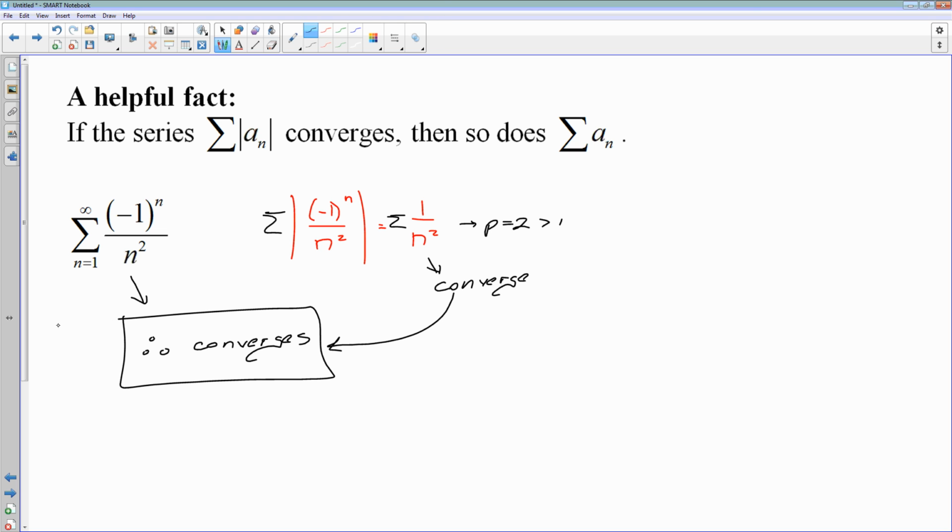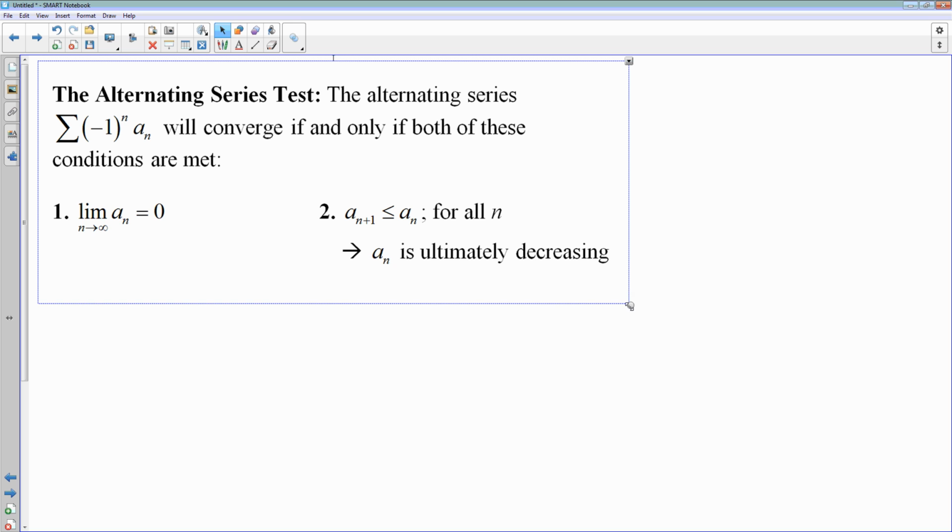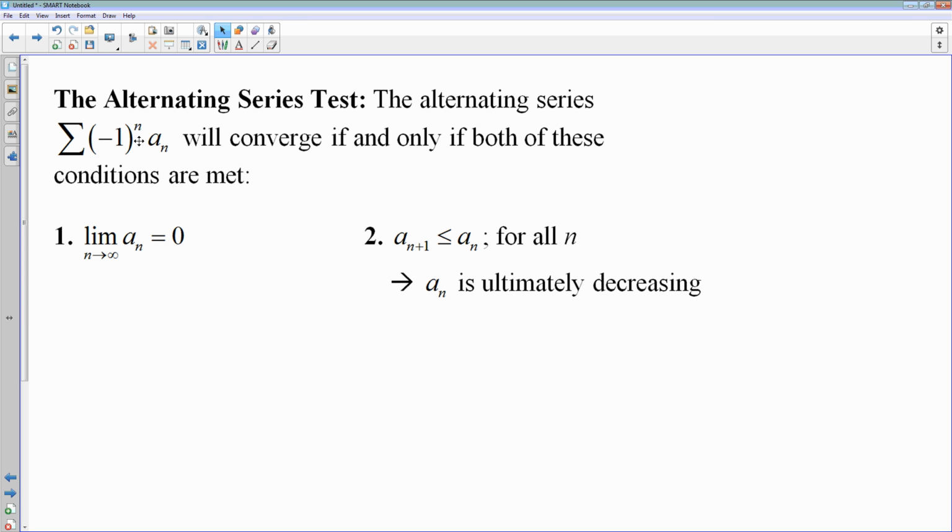Now, sometimes the absolute value series diverges. That does not mean your original series will diverge. Sometimes the absolute value will diverge, but the alternating series will still converge. So this little test only works if the absolute value of the series converges. Otherwise, it's inconclusive. If it's inconclusive, then maybe we'll look at the alternating series test, which states that if you